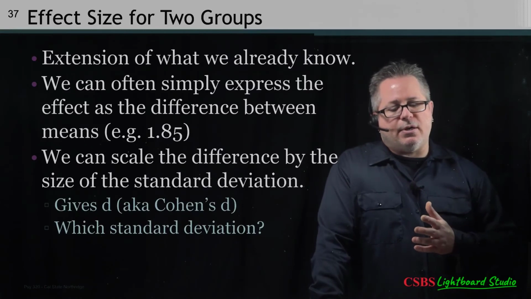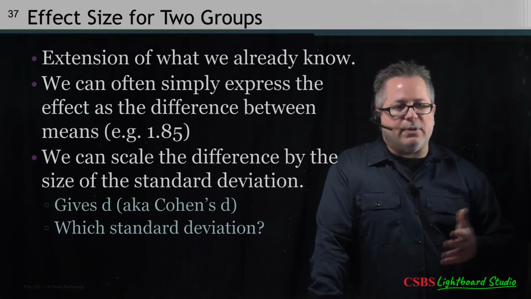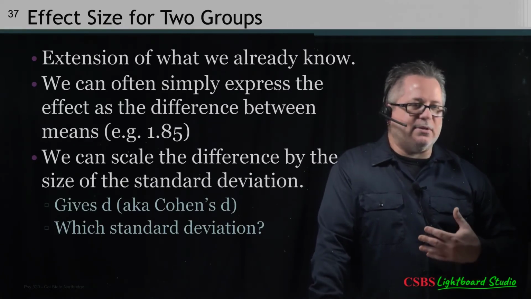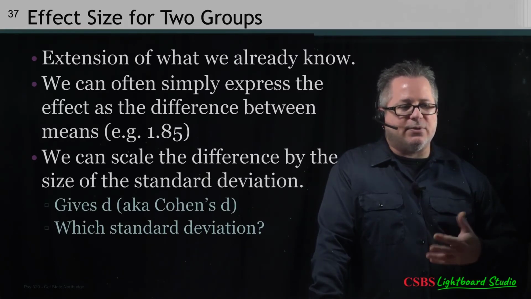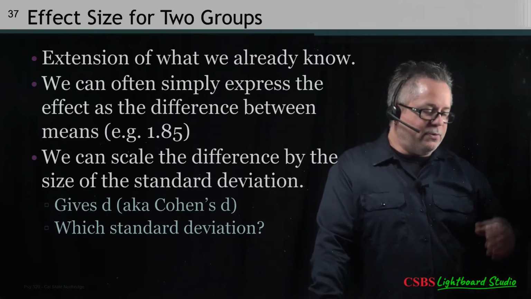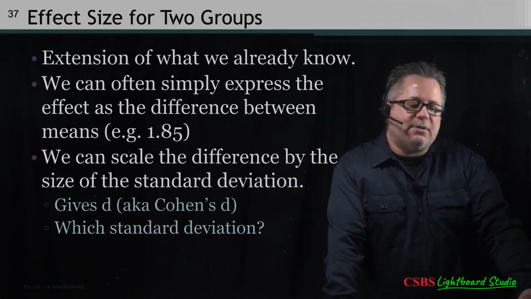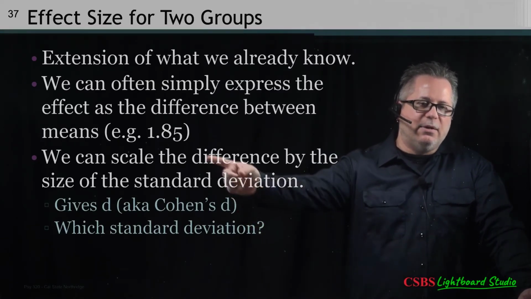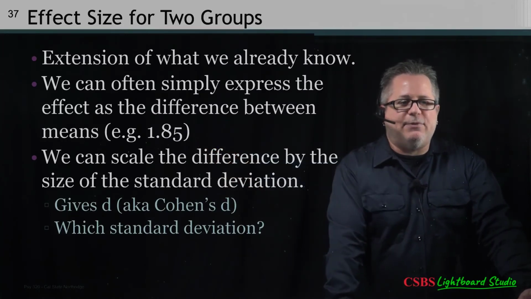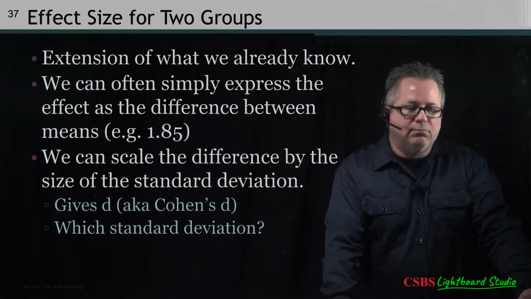or is there potentially a real difference between our sample and the population, or between the scores of the 2 samples, or in this case between the 2 independent samples we have? But it doesn't tell us whether the difference is large, whether or not it's something that is remarkable, right? And oftentimes people get that confused with significance. So here, the effect size tells us, all right, well, if I know that the difference between the 2 groups is roughly 1.85 aggressive behaviors, whatever that means. So it's not quite 2 aggressive behaviors, but